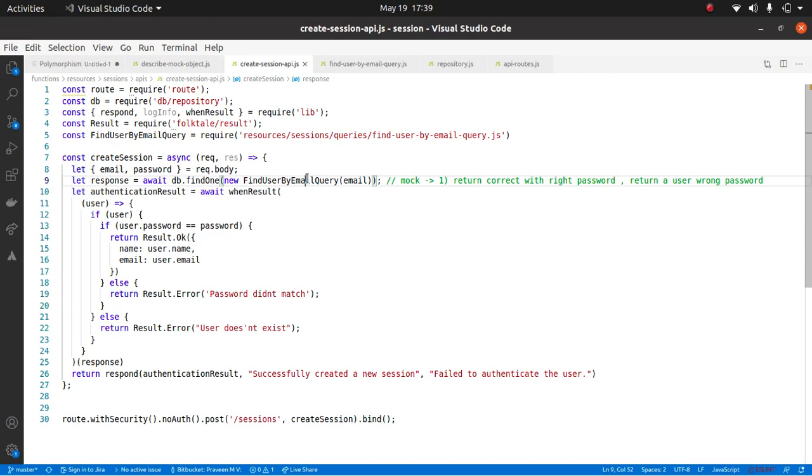Can I make a mock for anything? Like if a class is there, can I mock the class? You don't need to mock a class. You only need to mock anything that is talking to an external system, like a library. You can mock it, it's not that you cannot do it.